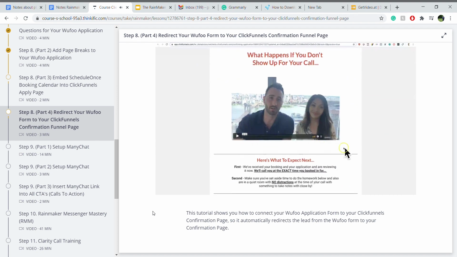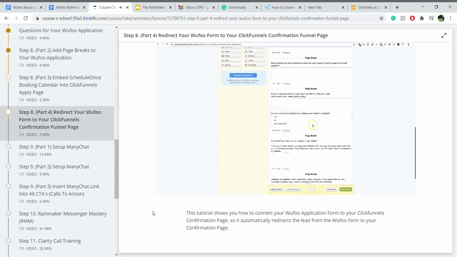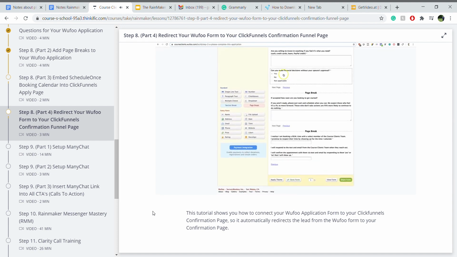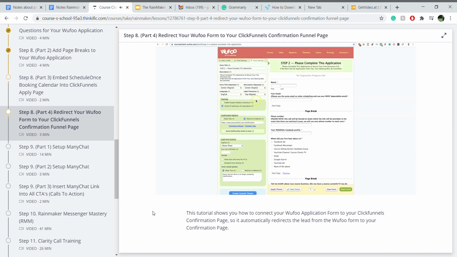Now, obviously, you'll be making the edits I told you to make earlier. But how do we get people to go from the Wufoo form after they hit submit to then go to your confirmation page? So this is real simple. You're on the editor of your application, go to form settings, and then come down here. There's tracking, there's confirmation options. All you want to do is click redirect to website, and the link you're going to put here is going to be your